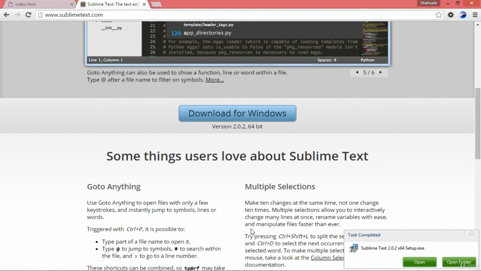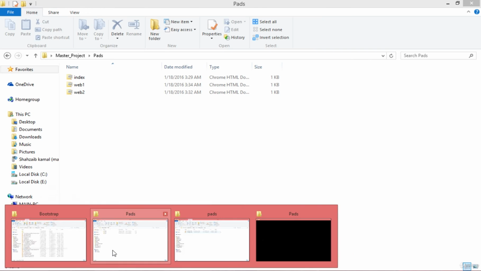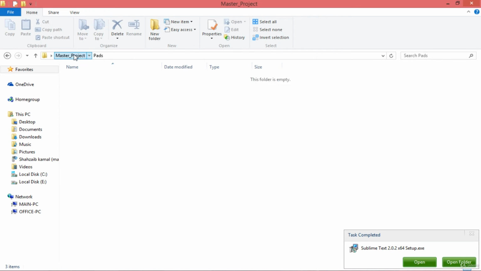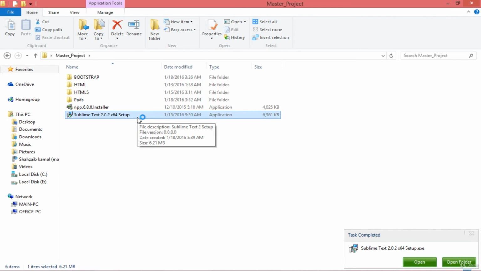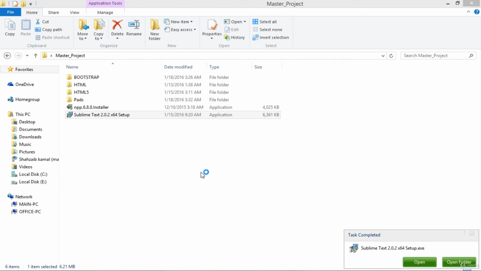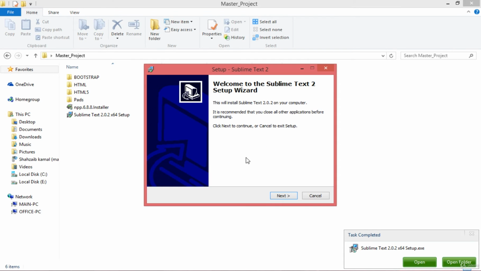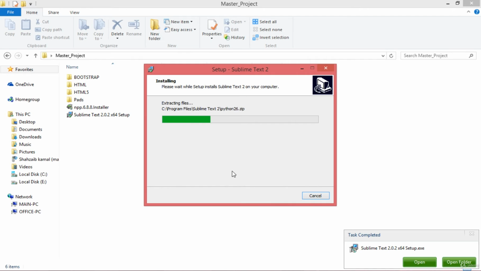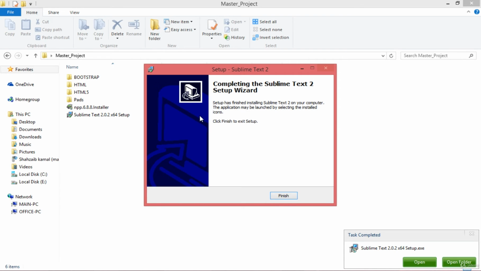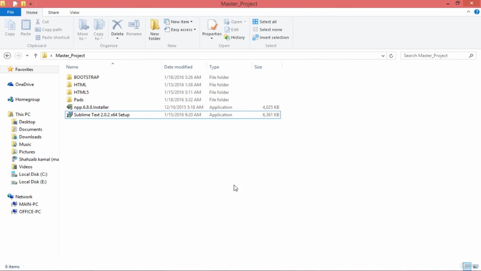Yeah, the file is there. So by the way, this is Sublime. What I need to do is double click on this Sublime installer, and it will install. I'm getting the same dialog box asking where to install, and just select next, nothing more to do, simply select next, and then install. Just click on finish. That's cool, huh? It's going to open.